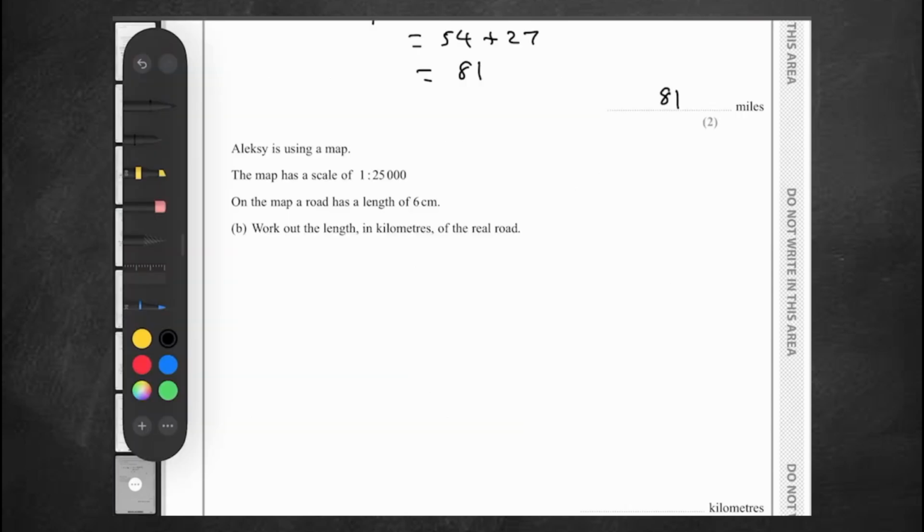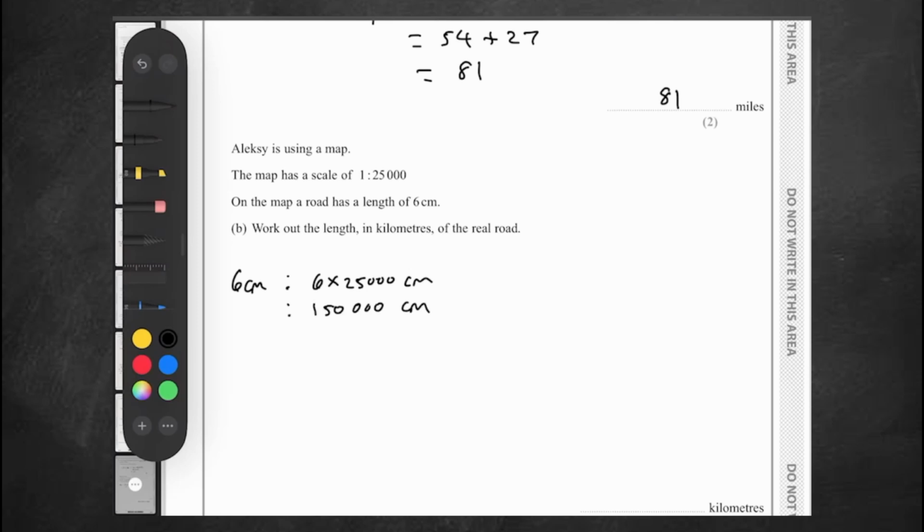B. Alexei is using a map. The map has a scale of 1 to 25,000. On the map, a road has a length of 6 centimeters. Work out the length in kilometers of the real road. So, 6 centimeters on the map is going to be 6 times 25,000 centimeters in real life, which is going to be